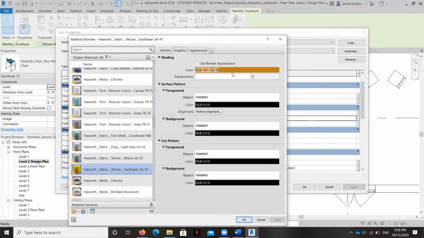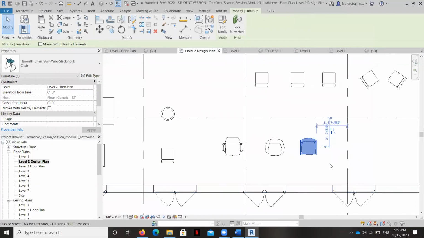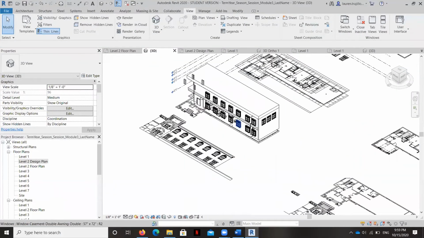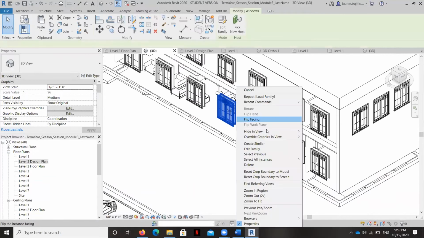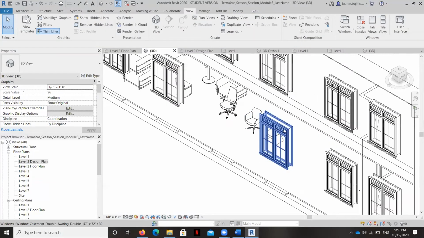We're going to get into tweaking all this stuff in a little bit, but for right now, if I hit OK, apply, OK, let's take a look at that chair right now. Okay, it's right here.